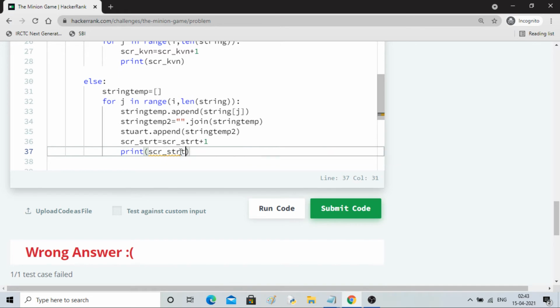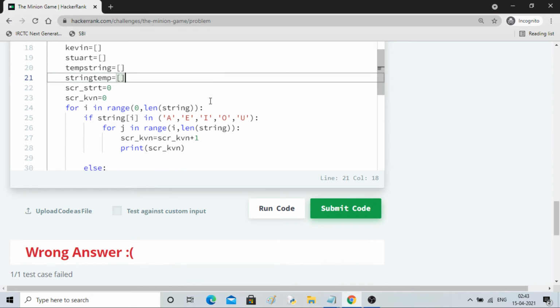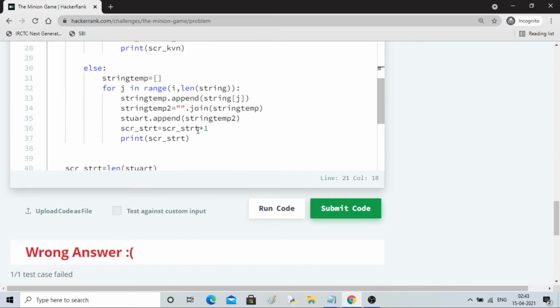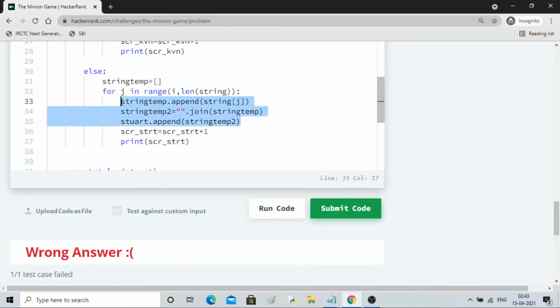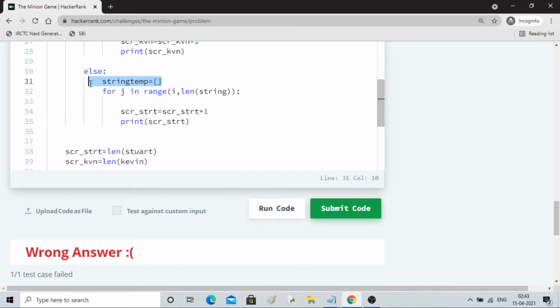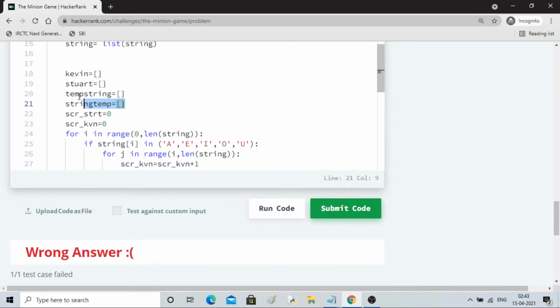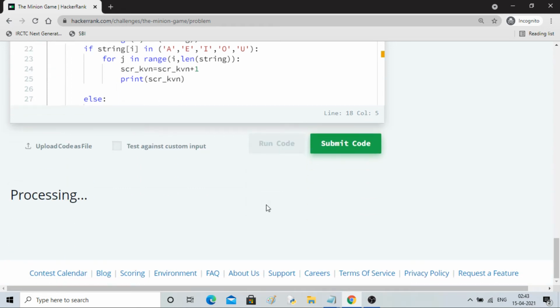Now remember, here we have already initialized with 0. So every time the substring is getting added to Kevin or Stuart's list, it is incrementing the value. Initially it was 0, then plus 1, then plus 1, then plus 1. It kept on doing it. Now I can remove this as well, this as well, right? No need of these two guys. These 4 guys we don't need. Now if I run it,